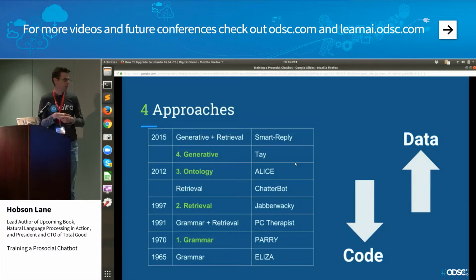Alice started the trend towards ontology-based or knowledge-based or logic-based chatbots. So these are kind of similar to rule-based chatbots, and that's where Maria and I sort of diverge. I think of retrieval-based bots as using essentially text search or web search to find the statements they want to say, whereas pattern matching is using grammars to generate or